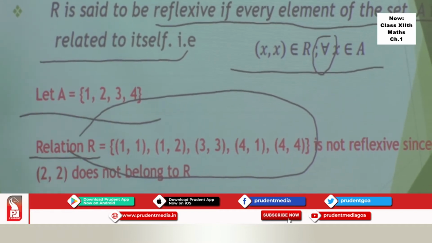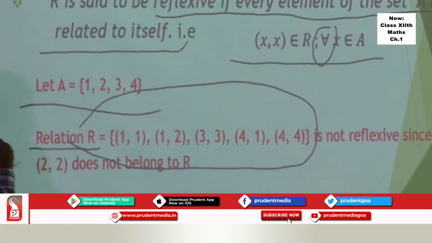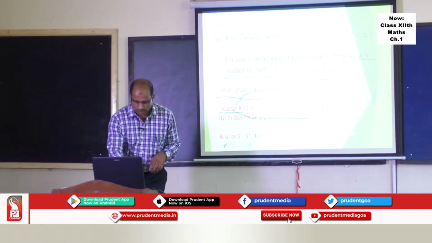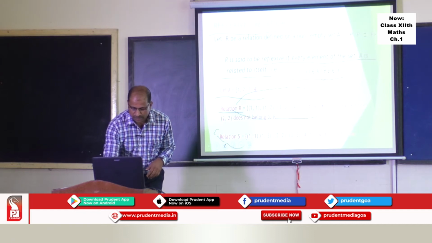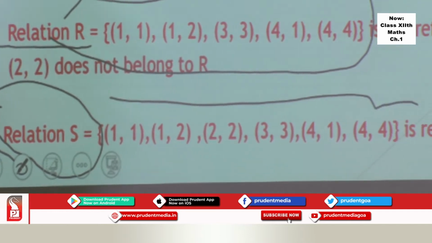For all x, and therefore, one x is missing there, and that is 2. 2, 2 does not belong to the relation. Now, if I take another example, a relation on S, the last line,